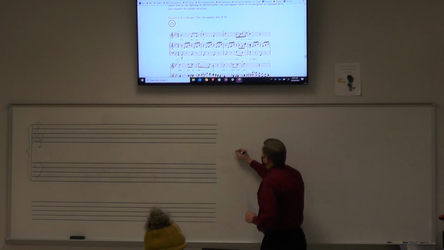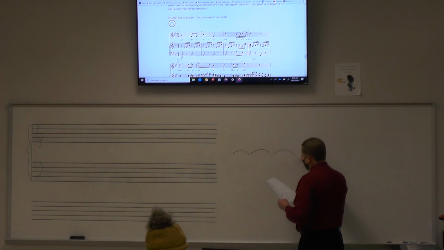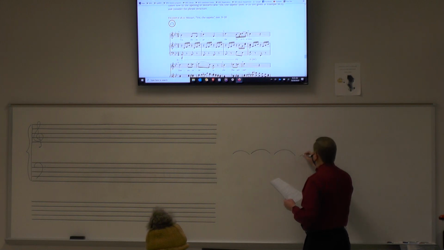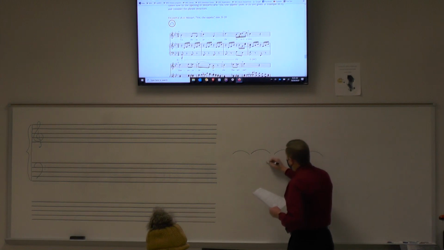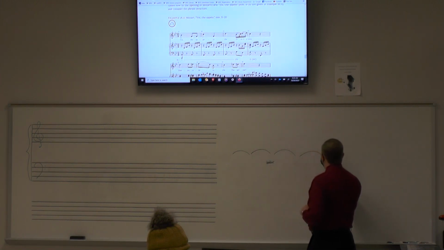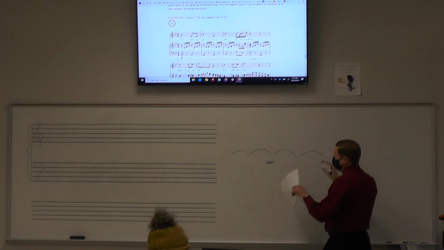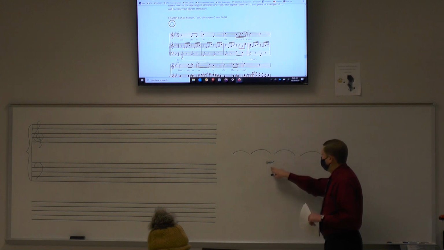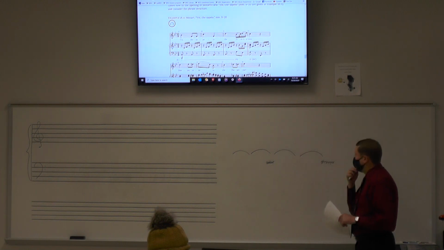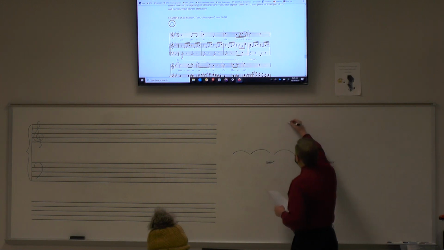Okay, so four phrases that go together where the cadence at the end of the fourth phrase, or the last phrase, is stronger than the cadence at the end of the second phrase. This relationship, four phrases where the cadences are like this, between the cadence at the end of the second phrase and the fourth phrase, this structure is called a double period. A double period.